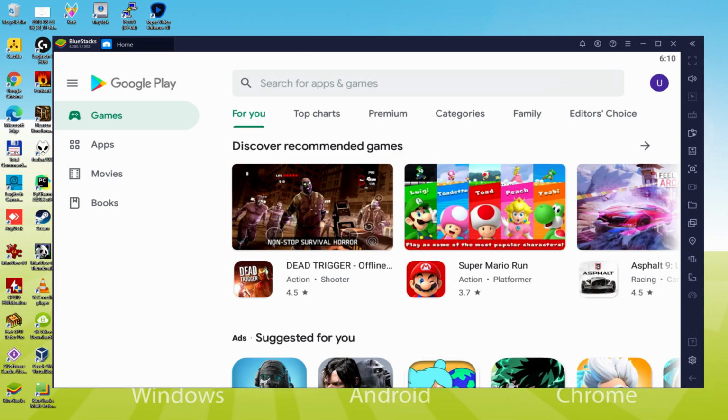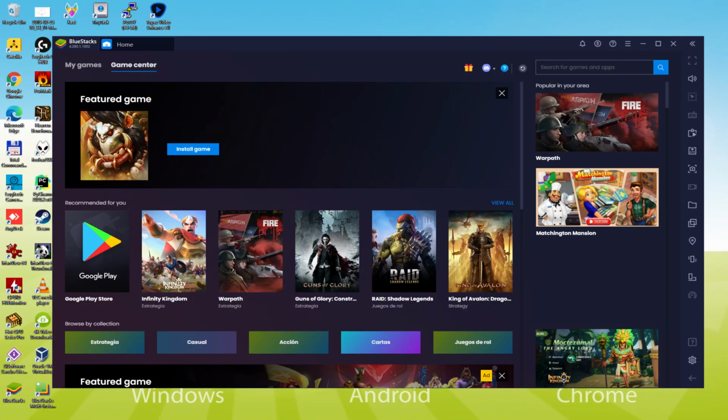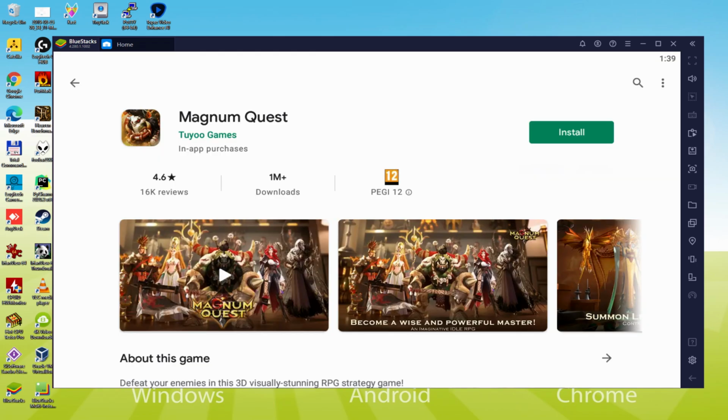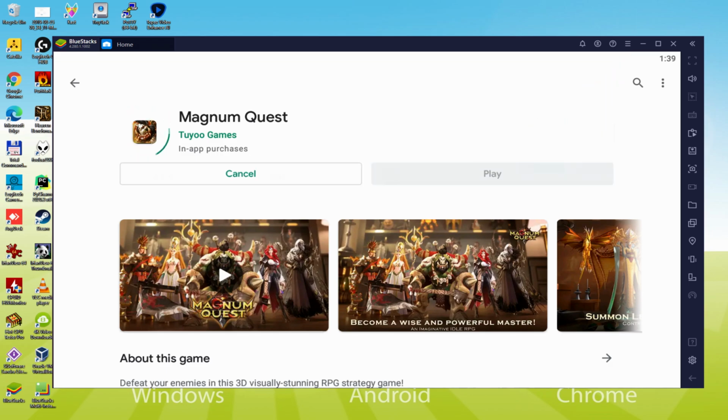To set up the application, we need to go to the emulator desktop by simply clicking the app icon designated in green color. At this point, while we are exploring the desktop of this emulator for Android, we notice the Install Game button. We simply click on this button. On this page we access the video game. Let's just click now on the Install button that I'm displaying in green color. This action will initiate the setup. Straight away it will install the game.